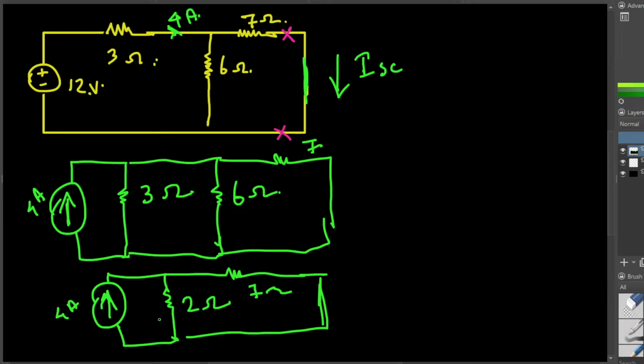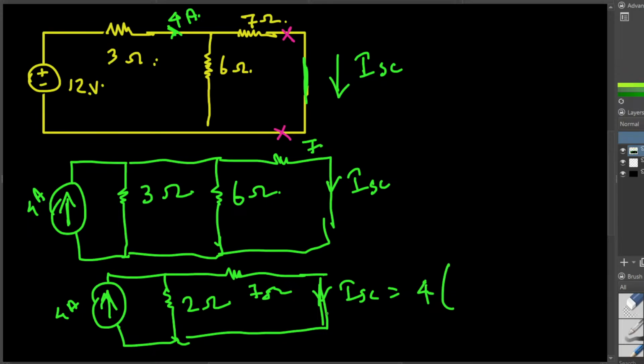Now I have the current source, and then we have the two resistors, and I am interested in the current flowing through the 7 ohm resistor because that's the current that's going to flow through the short. We are interested in ISC, the short circuit current. ISC, that's the Norton current. To find the ISC, we just have to do the current division. Current division says the source current, that is 4 ampere,